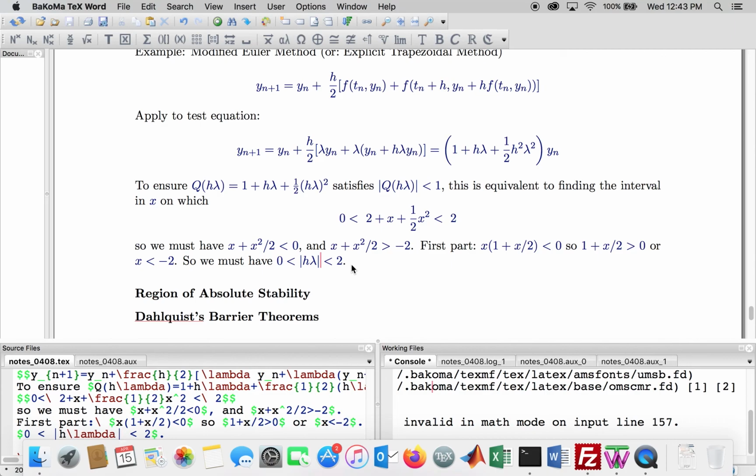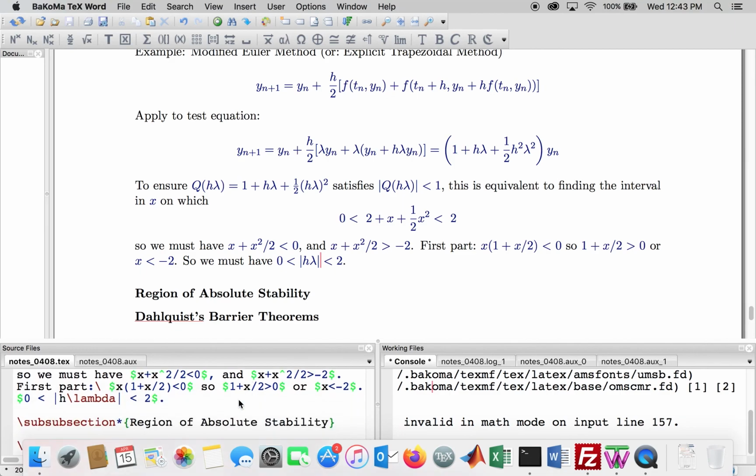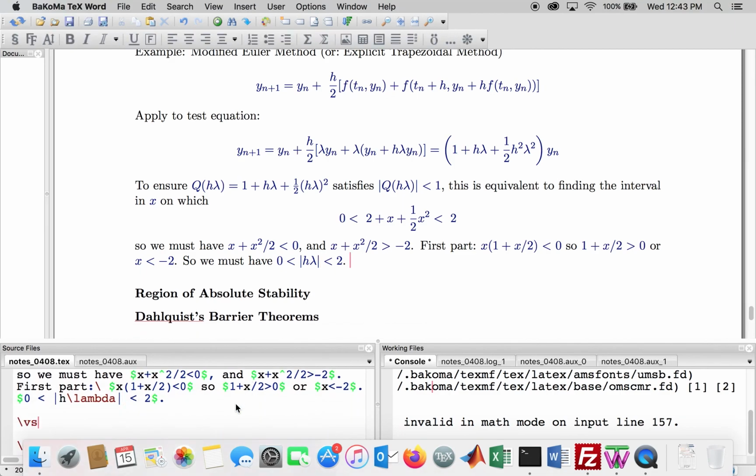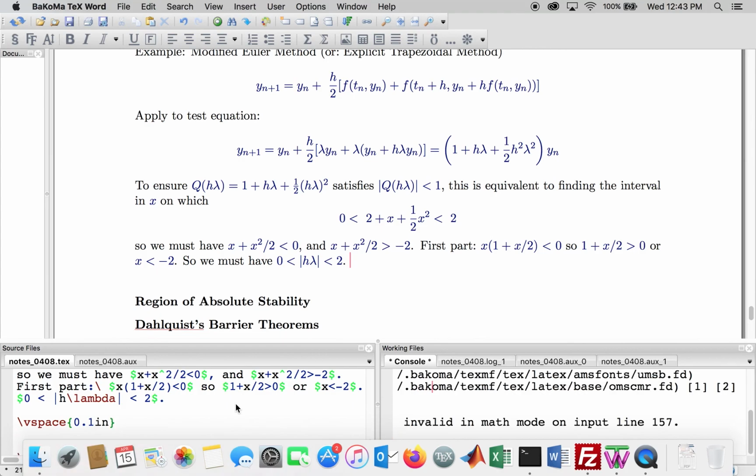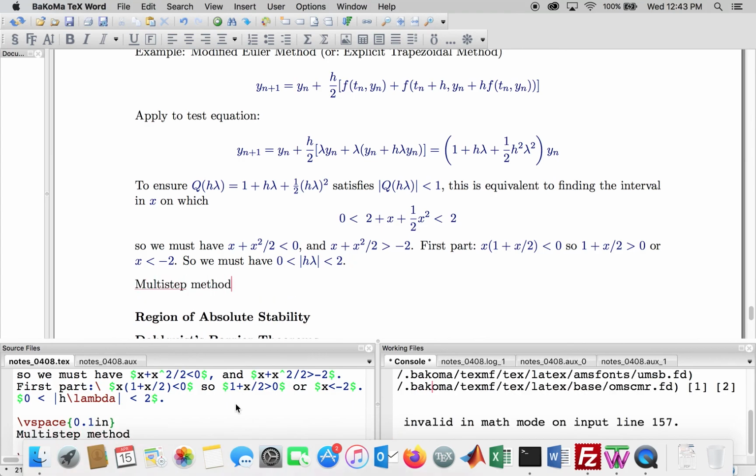Now, this is an explicit method. Explicit methods tend to require smaller values of h than implicit methods do. Okay, so that's one-step methods. Now, for multi-step methods,